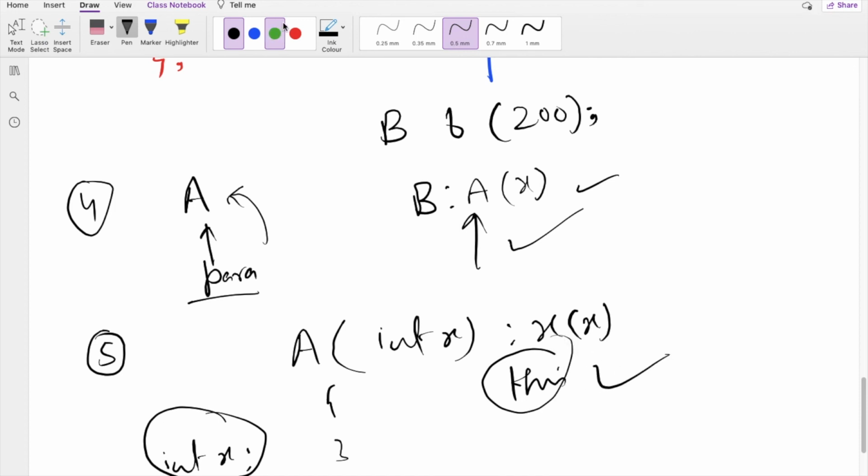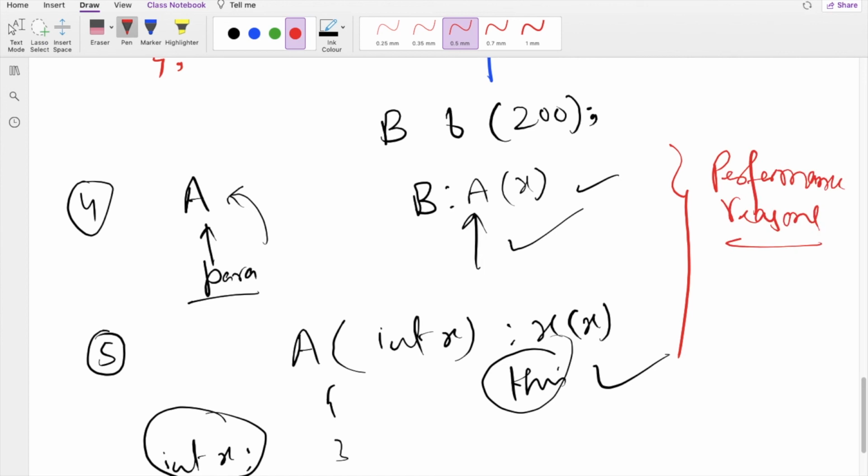Clear? And the final and most important point is that we are doing all these things for performance reasons, right? So it's better to initialize all the class variables in the initializer list instead of assigning them inside the body. Clear? So I will not explain this right now, but somewhere in the future we'll cover this. Till then you can try to write your answers in the comments if you have any clarity on this, and if you want to tell any examples or any clarification about this.